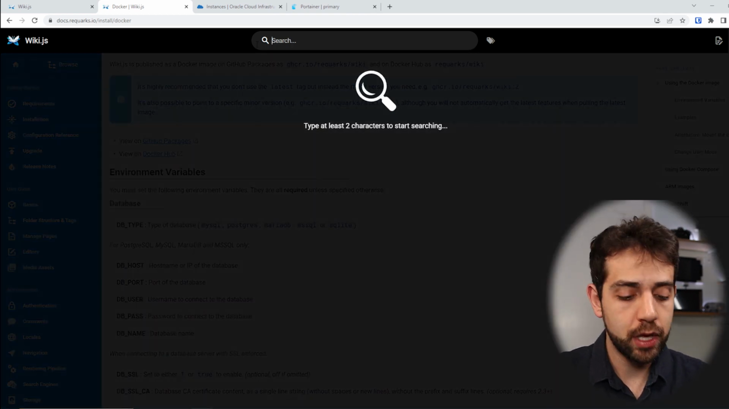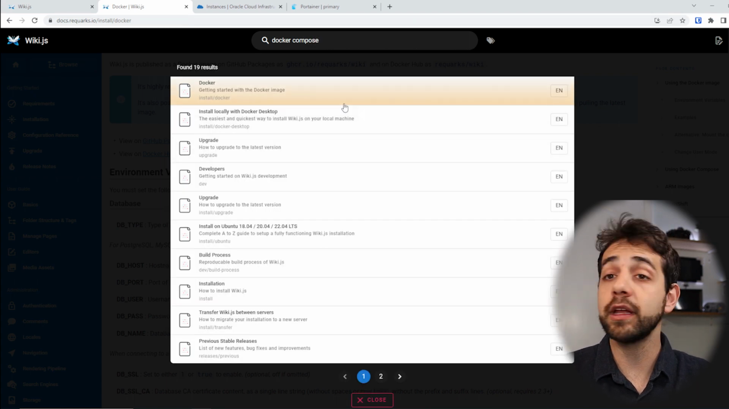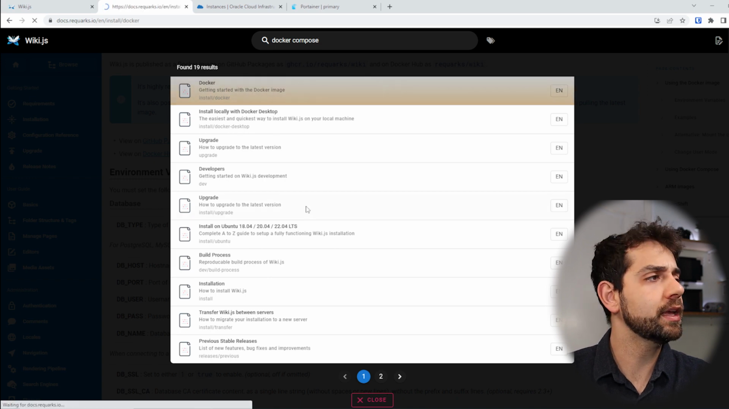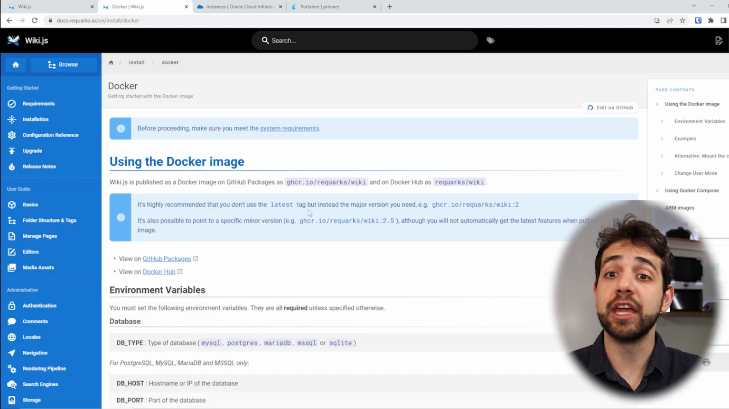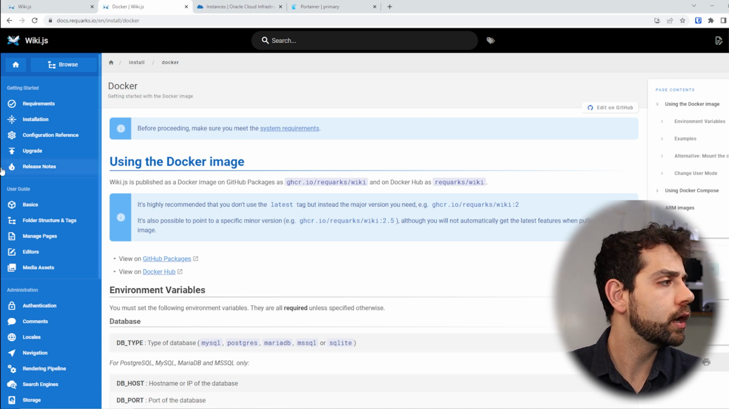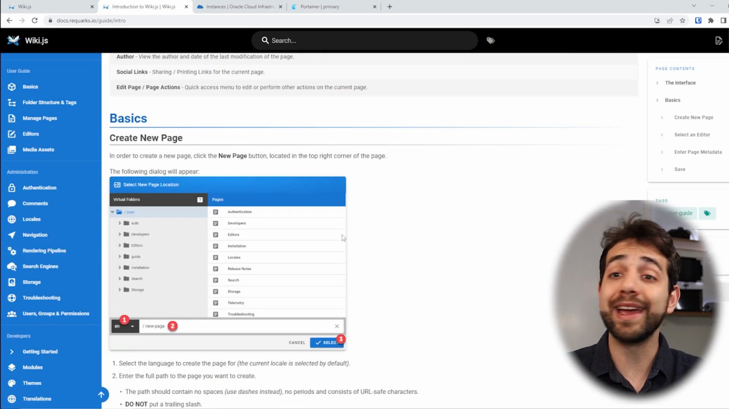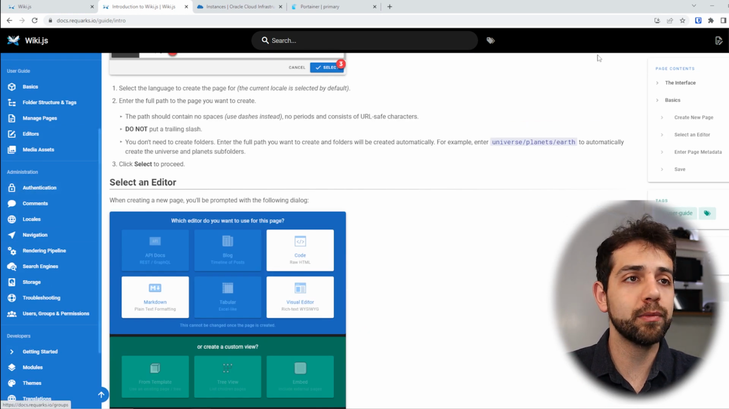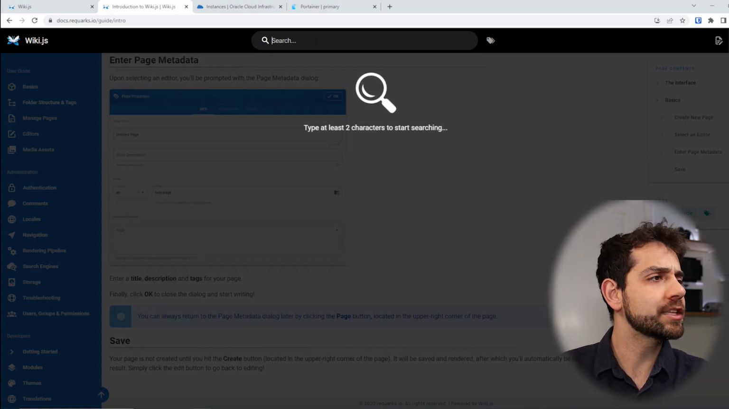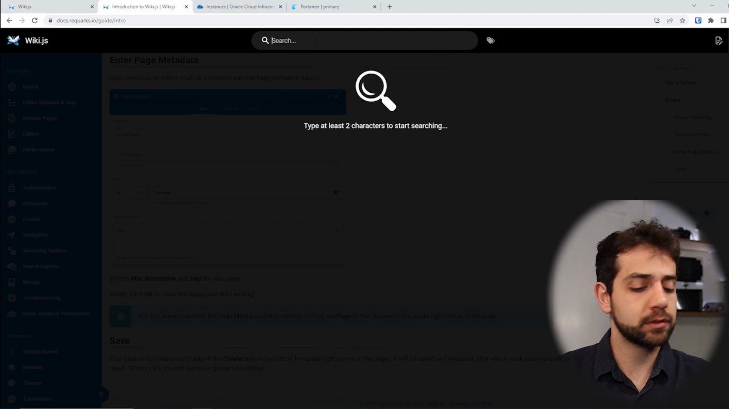So if I want Docker Compose, I search for it and it shows that they have Docker Compose in the Docker section. If I click here, it will bring up this application. This is how the Wiki.js will work. In this way, you can have some basic information and they explain it quite easily for you, and here is the way that you can look for it. So let's go here, Docker Compose again, press enter,